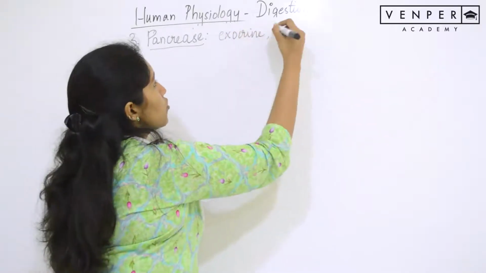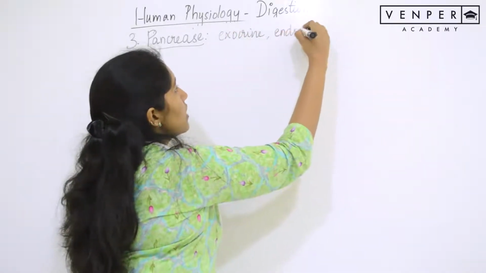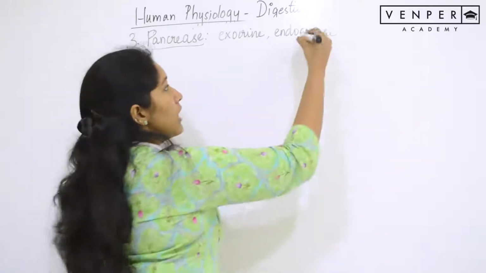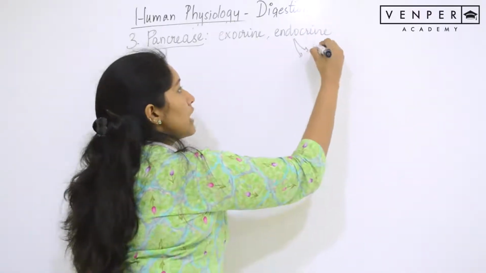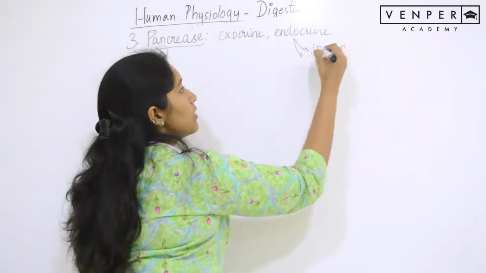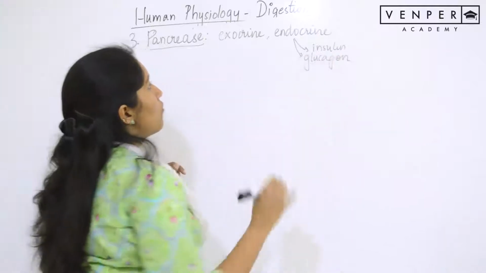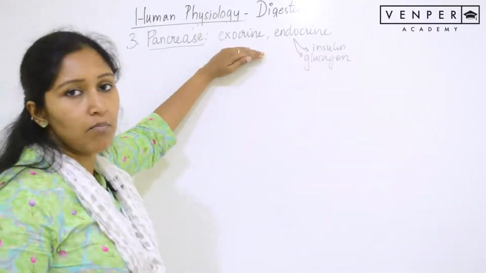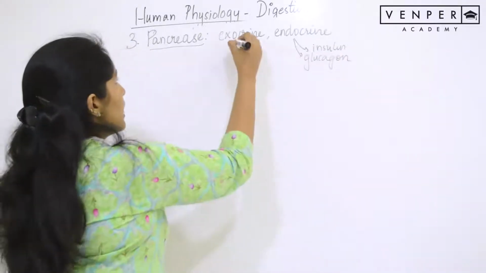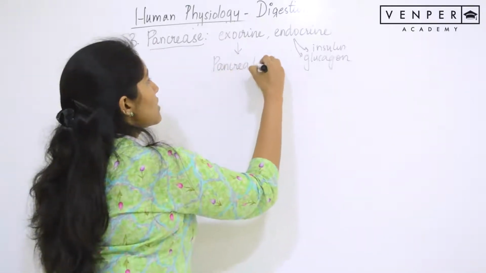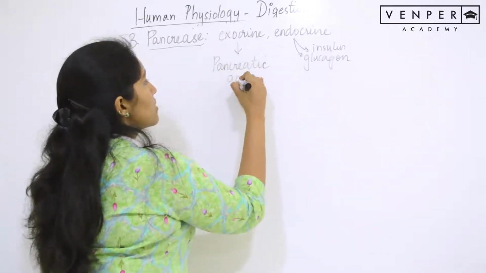The endocrine portion secretes hormones like insulin and glucagon, whereas it is the exocrine part that is useful in digestion. It gives rise to the pancreatic amylase,